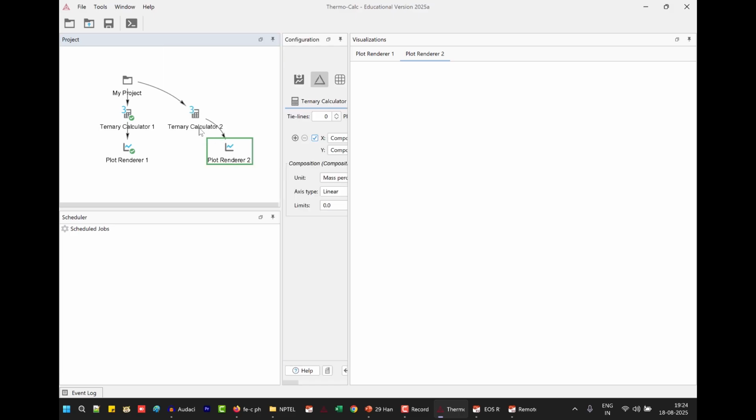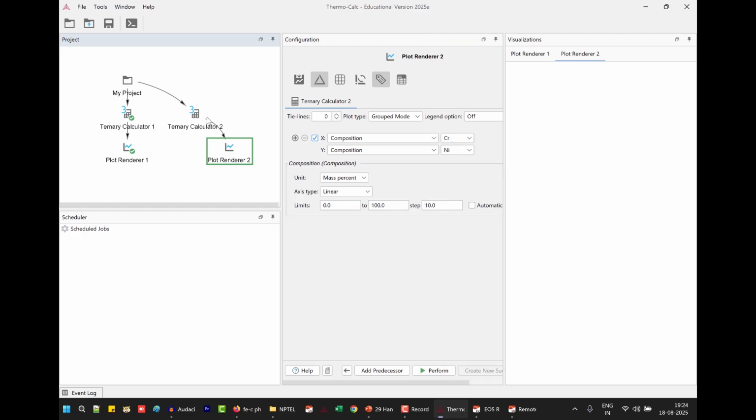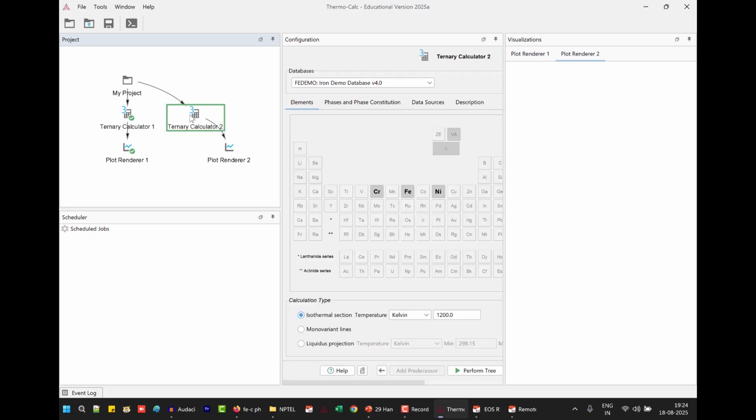Okay, so here we have ternary calculator 2 and plot renderer 2. We are going to make one change in the ternary calculator, that is change the temperature from 1200 to 1000. Okay, and then click perform.